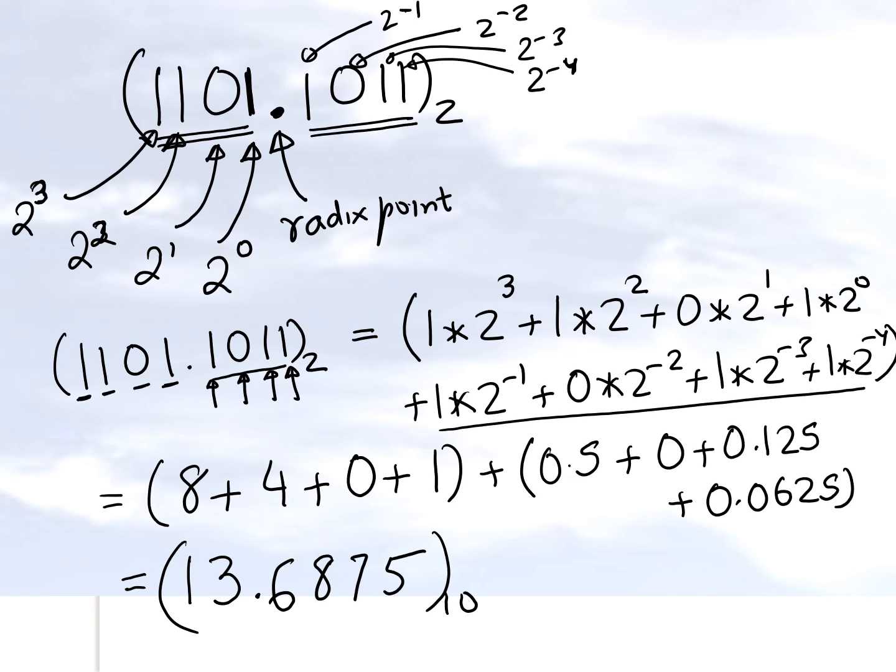And so once we have realized that, we can now convert a base 2 number to a base 10 number, and that tells you how the equivalency works. In the next lesson, we'll talk about the reverse: how do we convert a base 10 number to a base 2 number? And that is the end of this segment.